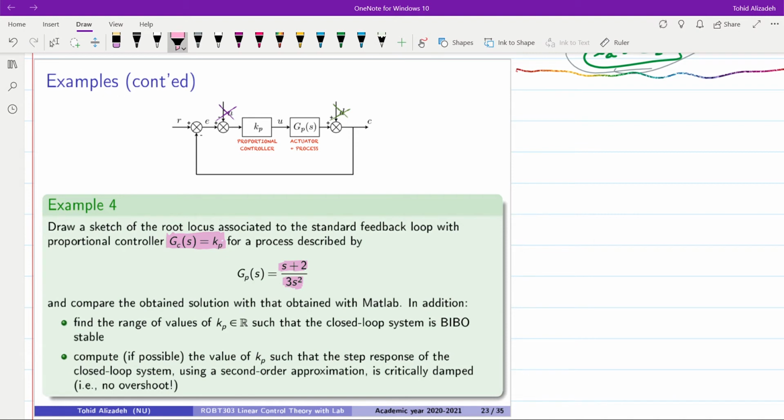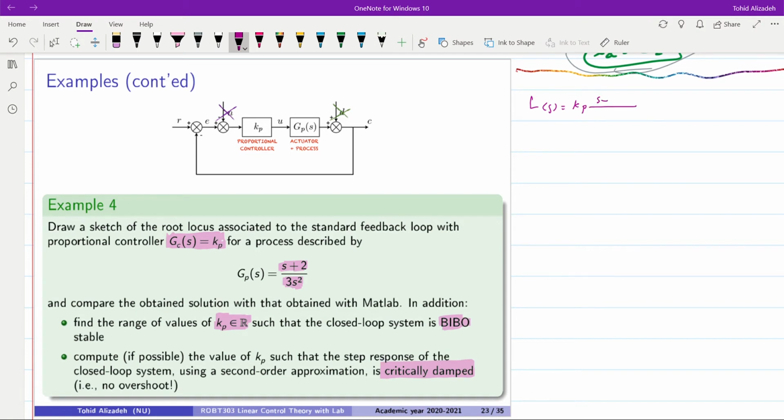and we also need to determine the range of values for Kp such that the closed loop system is BIBO stable, and compute, if possible, the value of Kp such that the step response of the closed loop system, using a second order approximation, is critically damped. So we will see whether it's possible or not, and if it's possible, what will be the value for Kp. Alright, so as usual we start by forming L(s), which is equal to